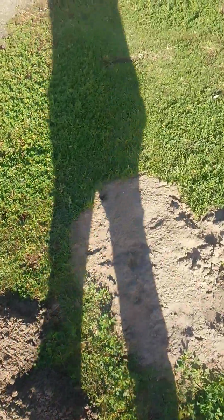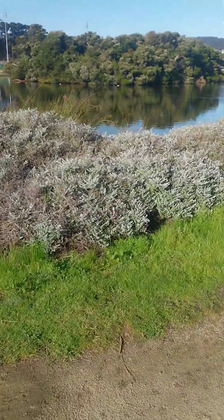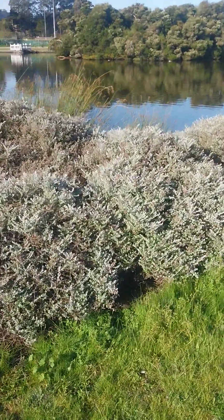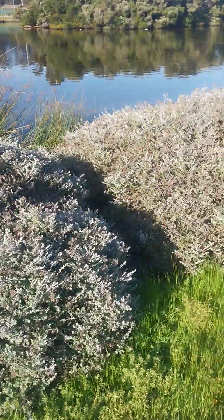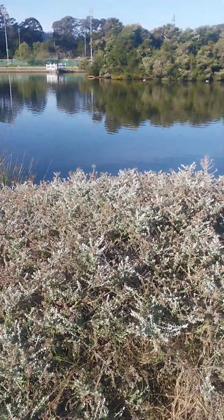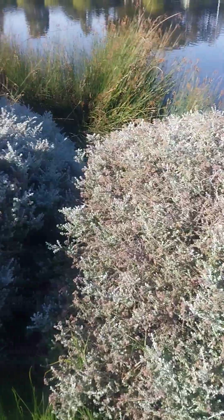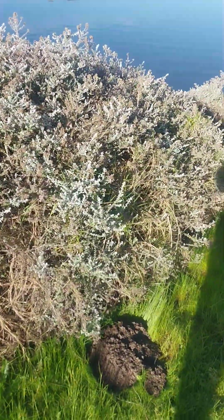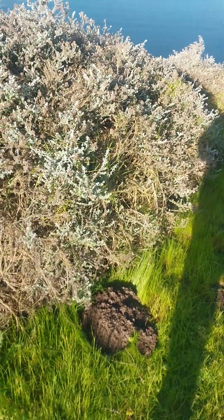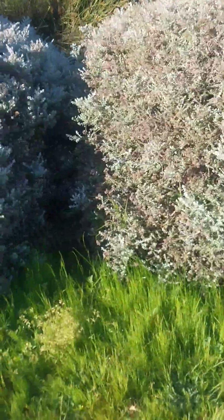Anyways, this is a good example of how we can design a property to actually function, where we can have multiple types of terrain and multiple types of features all working in harmony. We can have mangroves, we can have lakes or ponds, we can have growing species of plants, we can have walkways and parks,